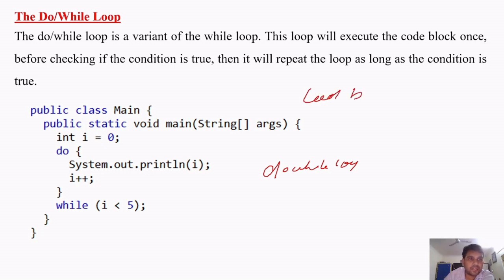वो do while loop क्या करेगा, कोड ब्लॉक या लाइन ऑफ कोड को एक ही बार पहले एग्जीक्यूट करेगा, उसके बाद जाके वो रिपीट करेगा। कंटिन्यूअसली उसी कोड को वो एग्जीक्यूट नहीं करेगा, एक ही बार उसको एग्जीक्यूट करेगा। अगर कंडीशन ट्रू रहा, उसके बाद जाके वो लूप में एग्जीक्यूशन करेगा। सो यहाँ पे जैसे i is equal to 0, do system.out.println(i++) while i is less than 5। सो यहाँ पे भी आएगा 0 1 2 3 4।